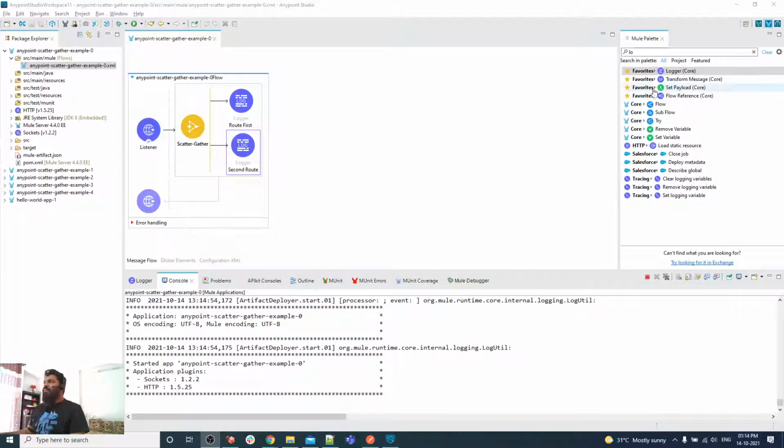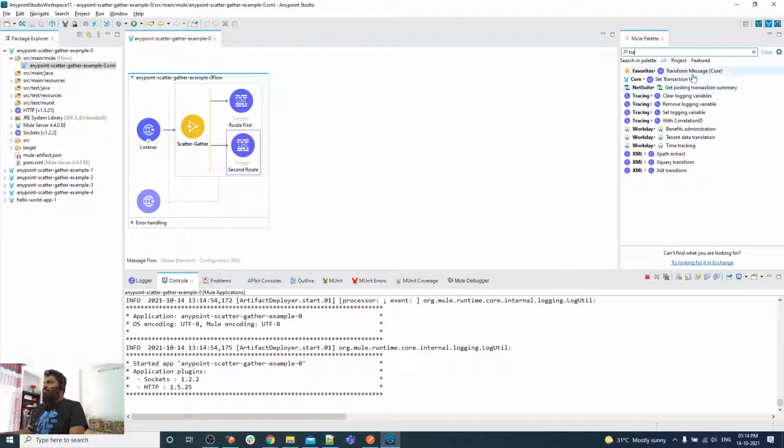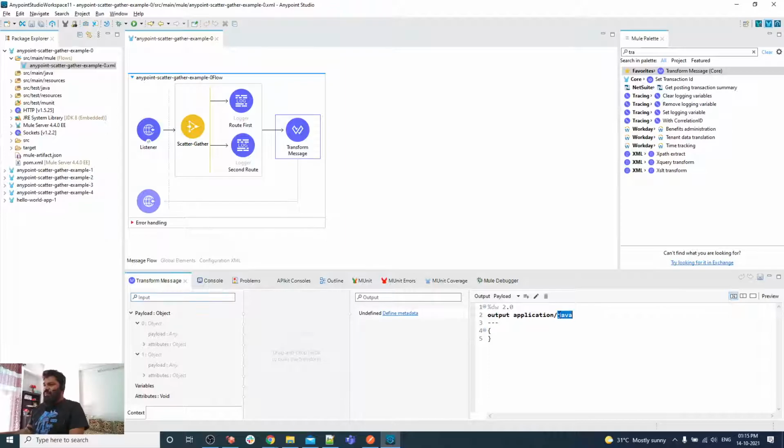Yes, it is deployed. Let me put one transform message in order to show you what would be the expected output. I'm going to mention one transform message outside scatter gather, and I'm just printing the payload. What is the output of the scatter gather?